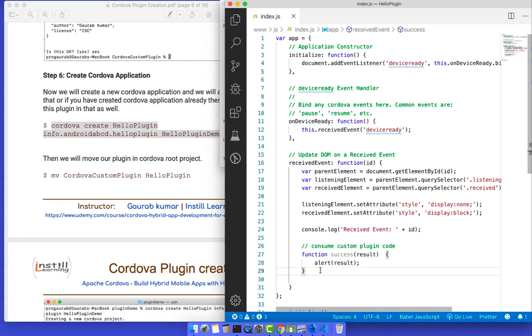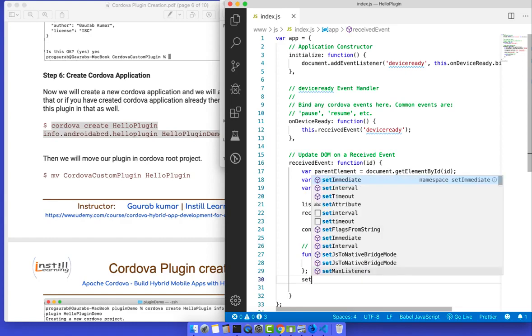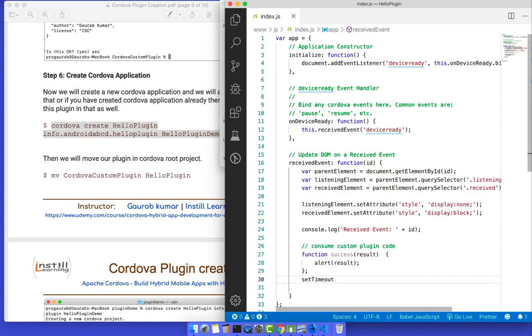So after that we'll just add setTimeout function, and here we can give Cordova. Okay, so after 10 seconds basically our result, the result of the plugin will be consumed basically.